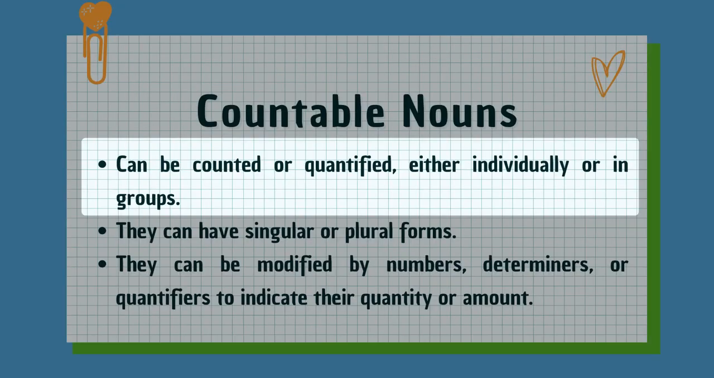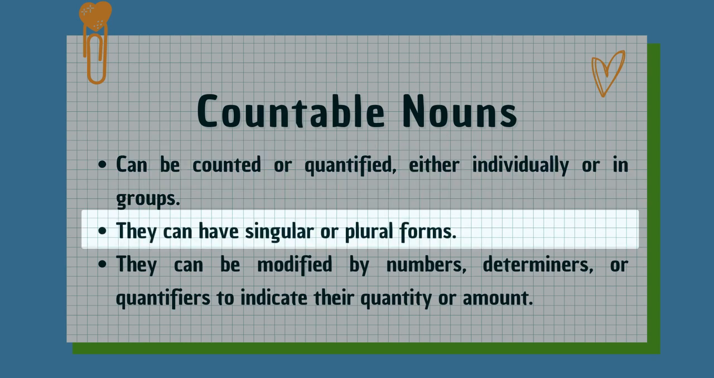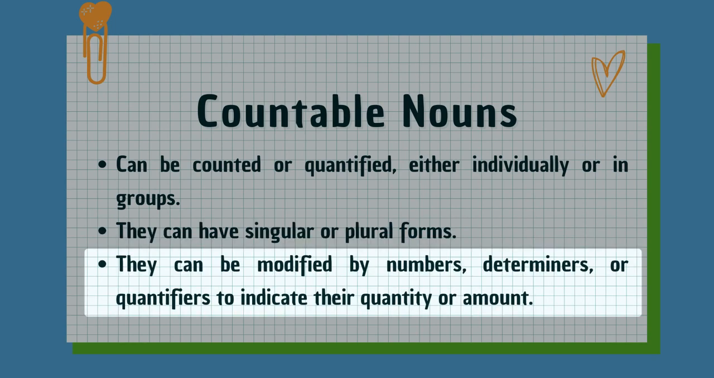Countable nouns are nouns that can be counted or quantified, either individually or in groups. They can have singular or plural forms, depending on the number of the entities they name. They can be modified by numbers, determiners, or quantifiers, such as many, few, some, any, etc., to indicate their quantity